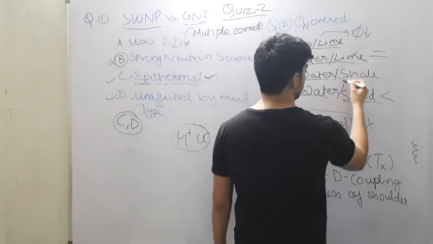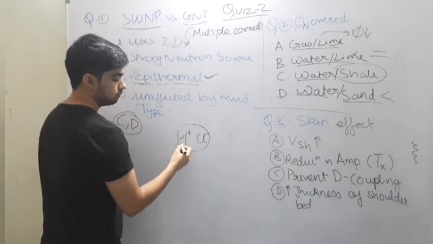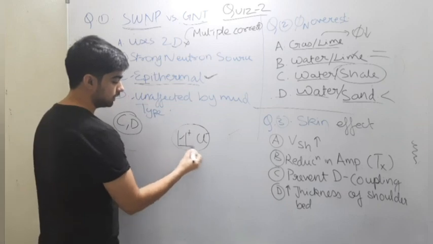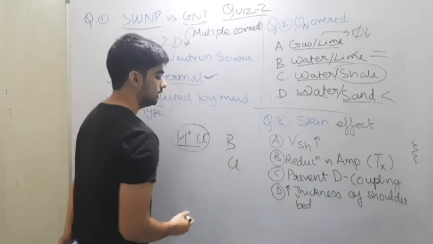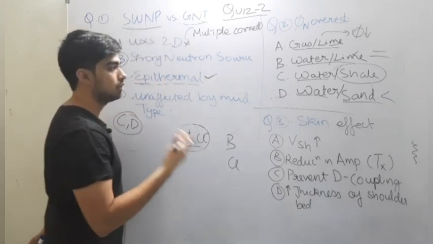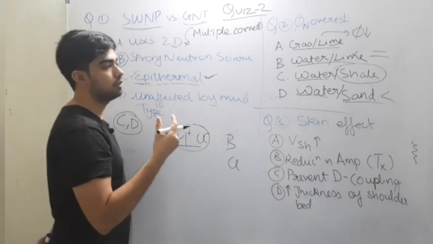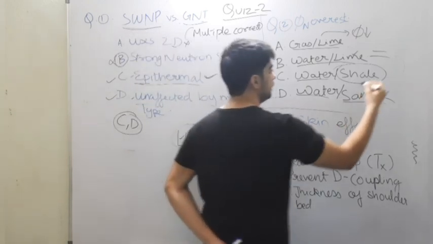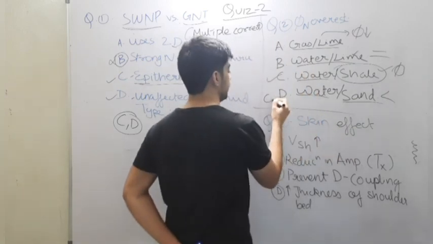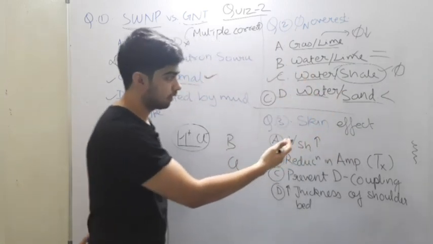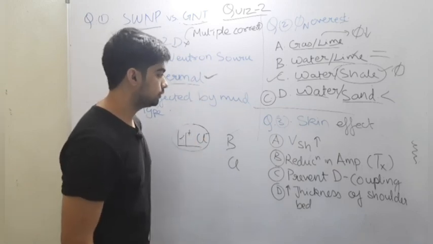Apart from that, in case of shale, because the shale has bound water, and bound water has these ions, and some of the structure of shales may have boron and chloride ions in the lattice, that will cause large electron capture, and your neutron tool will read an overestimated or higher value of porosity. So this is the only option which is correct and which indicates that in water filled shale there will be overestimation of porosity when you use a neutron tool. So this was our second question.